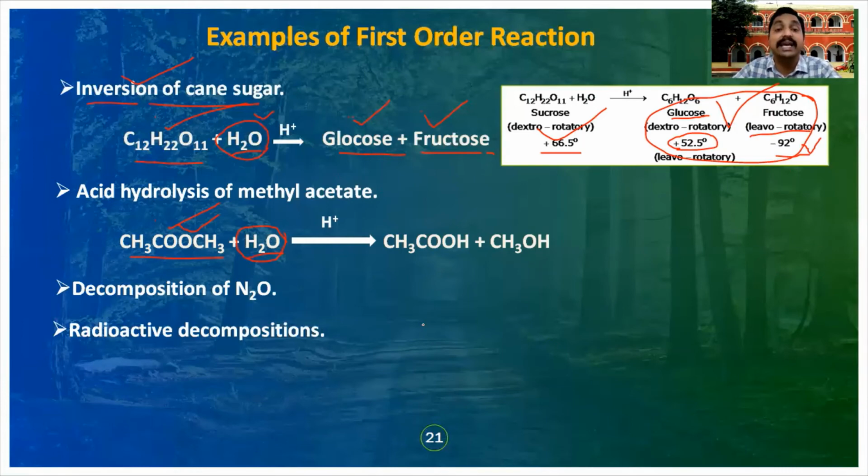Now let us see second order kinetics. So what will be the second order reactions? As we have seen in case of first order reactions, the same for second order reactions. In case of first order reactions, the reaction rate is determined by change in one concentration term, whereas in case of second order reaction, the rate of reaction is determined by two concentration terms of the reactants. In first order reactions the reaction rate depends on one concentration term, and in second order reactions the reaction rate depends on two concentration terms.